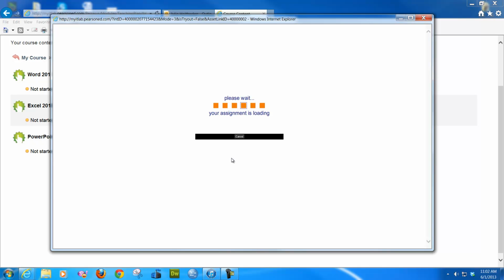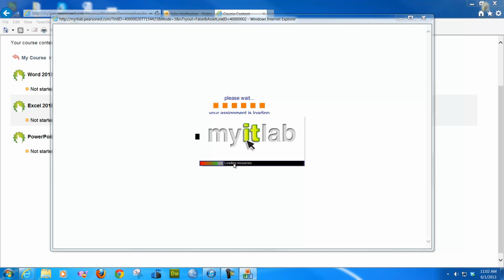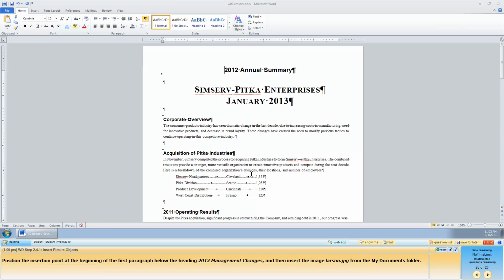But what's nice about this is it has a hints and show me section. So you can go through and it will show you exactly how to do it. And remember, you can only do this one time. So I suggest write it down if you're not familiar with it. So you can see right here it says show me and hint.